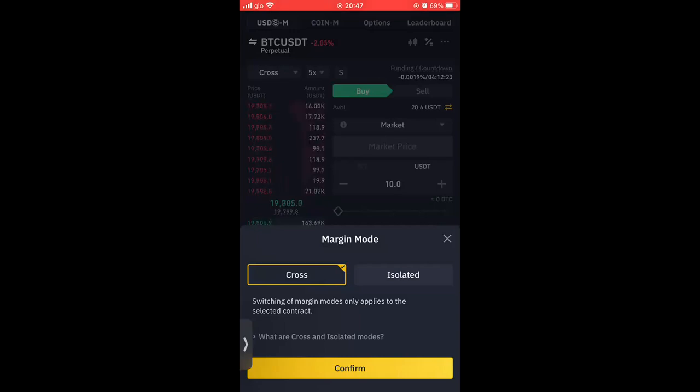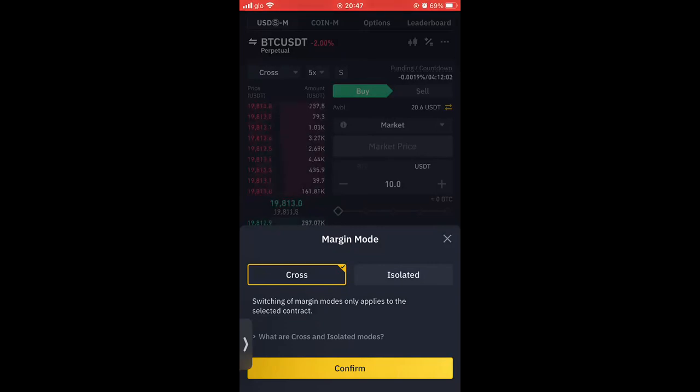But in isolated, if for instance you don't use a stop loss, and the market starts going against you, and there's not enough in your margin to carry it, you can definitely get liquidated.